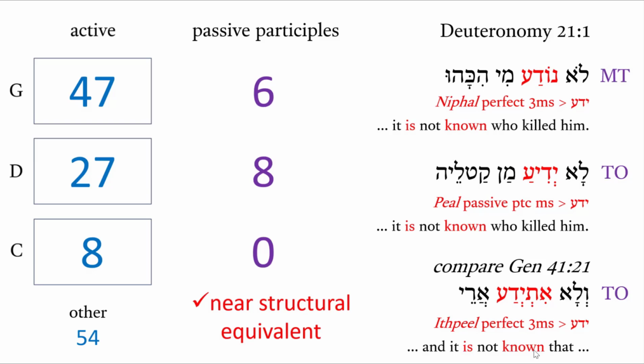So it seems to me that what we see from the data here is that it's acceptable, at least in Onkelos's formal correspondence theory, to choose a near structural equivalent, even when it looks like you have a more exact structural equivalent that you could draw upon. It seems near is okay. It seems that there's sort of a priority of meaning, even in Onkelos's formal correspondence, over the abstract idea of formal correspondence. Isn't that interesting?